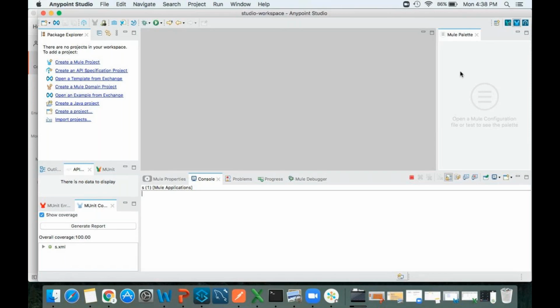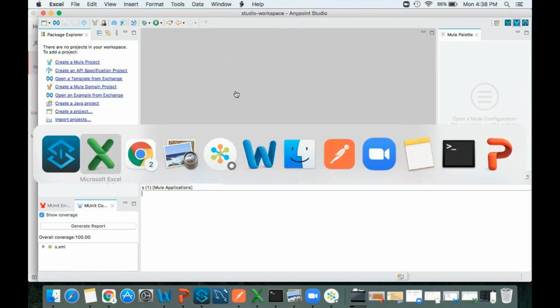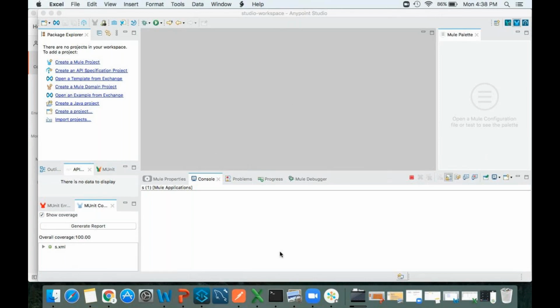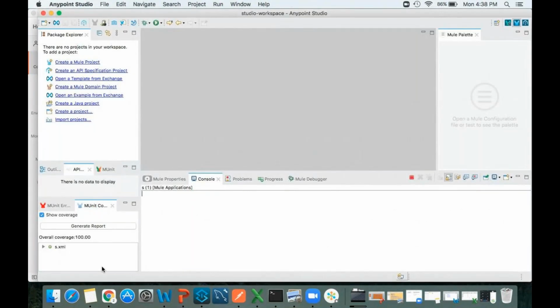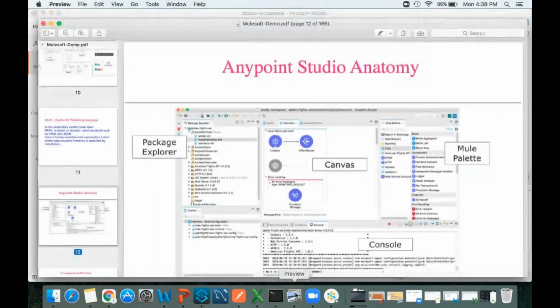From the mule palette, we are gonna drag and drop the component and place it in the canvas. This is the canvas, this is the mule palette, and last but not least, this area